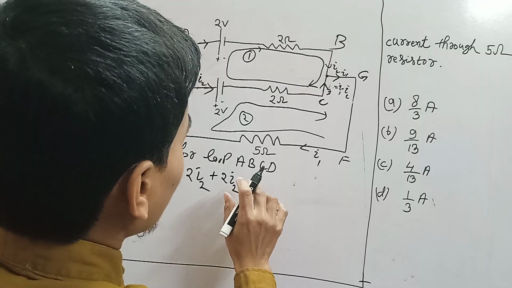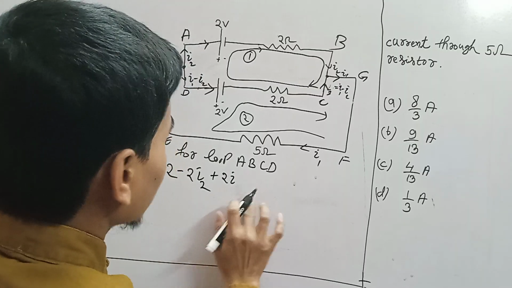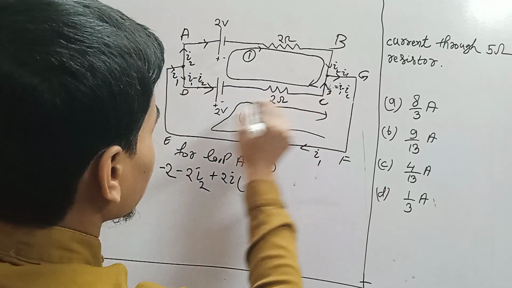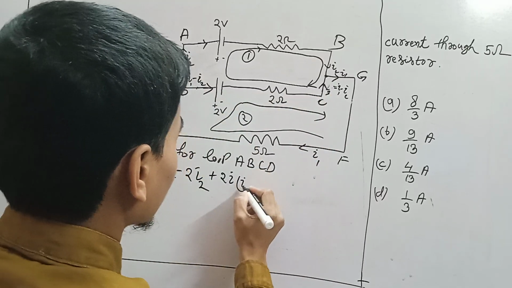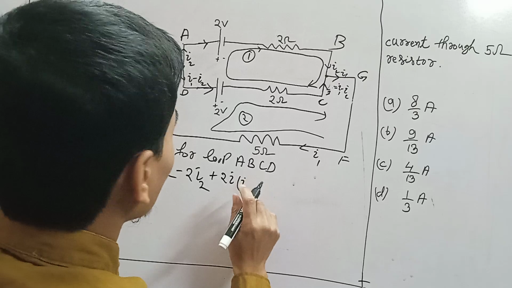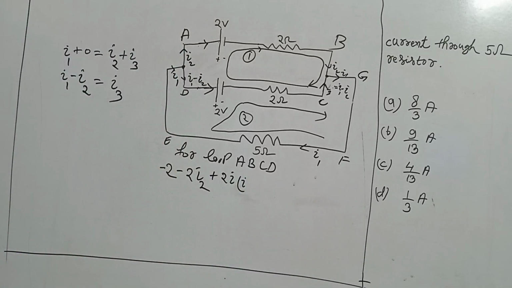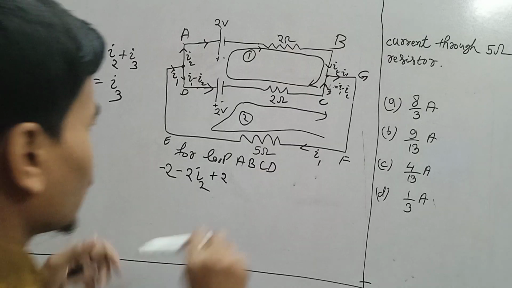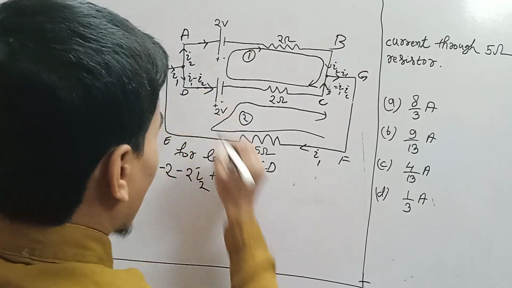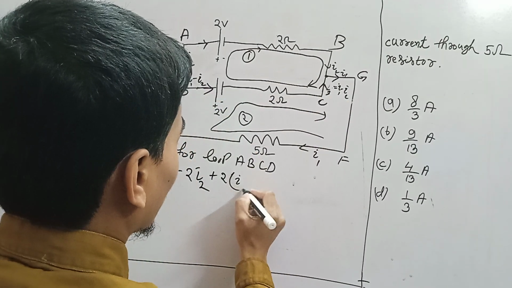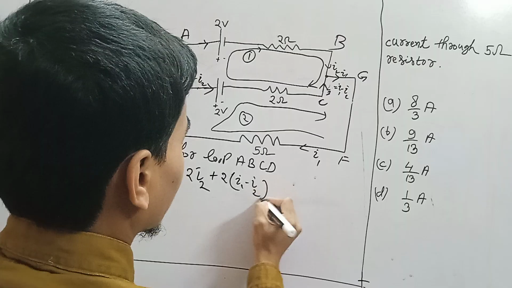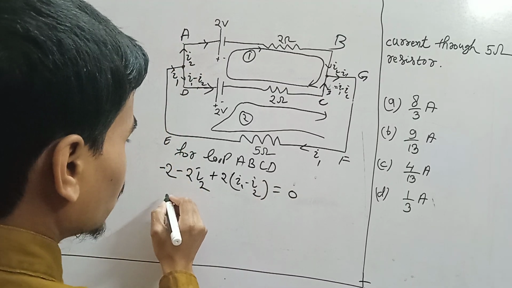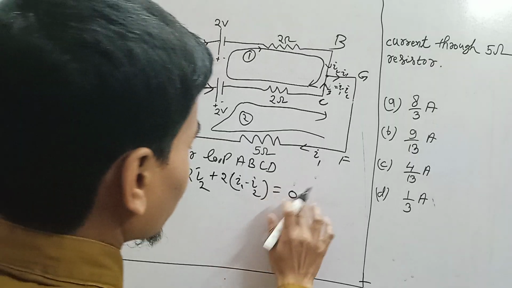It will be 2I2, no, not 2I, because the current is in this direction, so it is I1 minus I2. Okay, 2(I1 minus I2), 2(I1 minus I2). Okay, this is 0, so this is minus 2, and here is also, sorry,